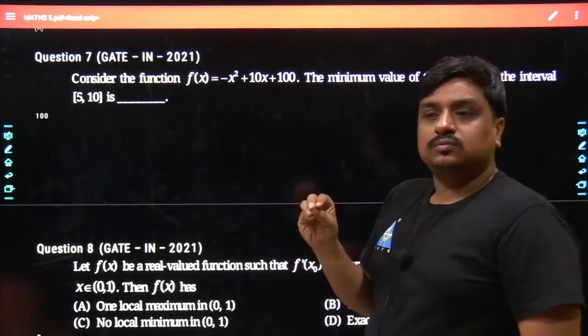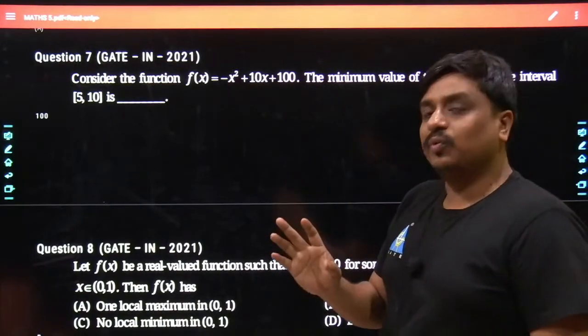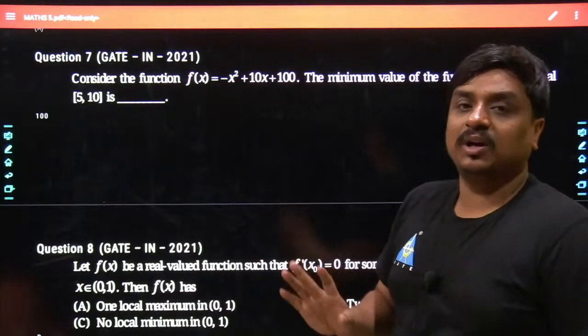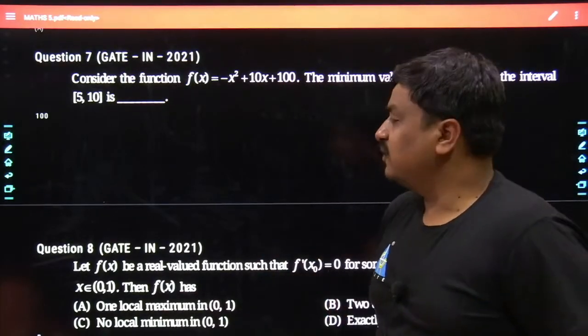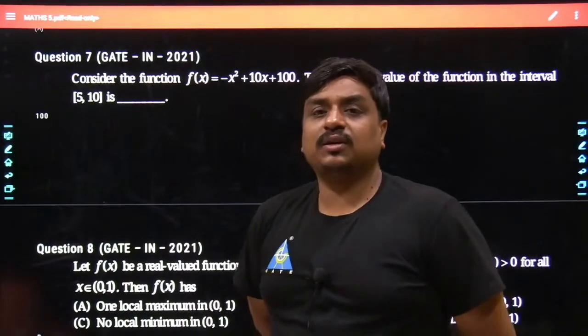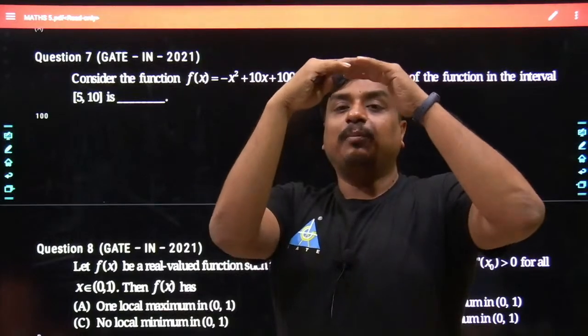And now the double derivative test has to be conducted over the same stationary point just to know whether it was a point of maxima or minima. Once we calculated the double derivative at x equals 5, we got to know the value was found to be negative. That means here the maxima was being found.